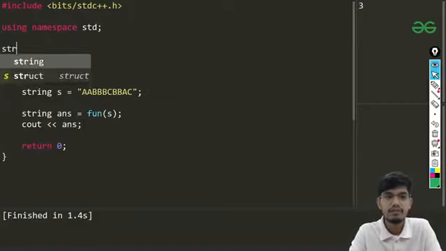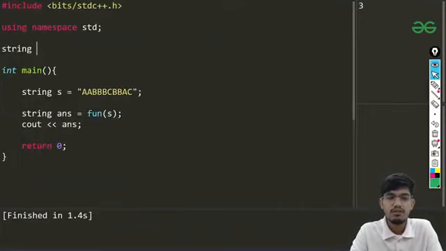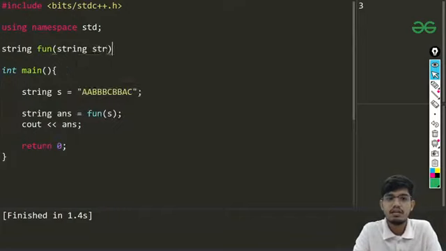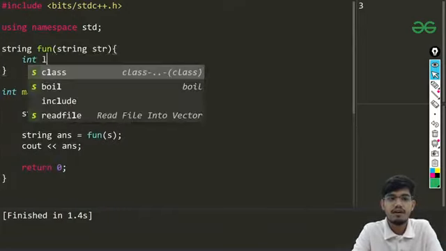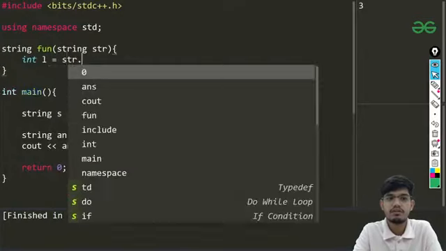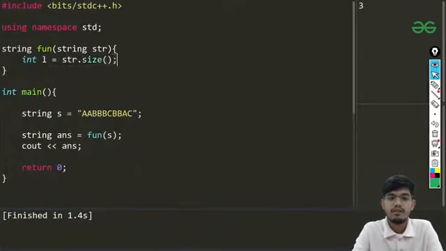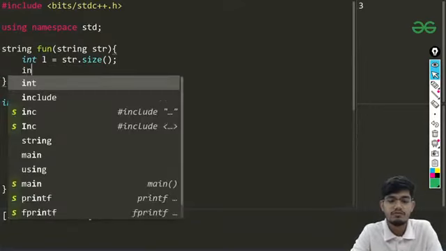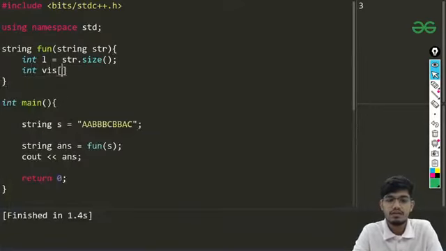So first it will be returning me a string, so I'll be calling that fun, I'll be calling that string as str, and first thing when I enter this function I'll be finding the length of this string, so I'll be writing str.size, and please make sure that I'll be using this visited array. Okay, so I'll be writing visited array of 256 and I'll be putting all the values to be 0.